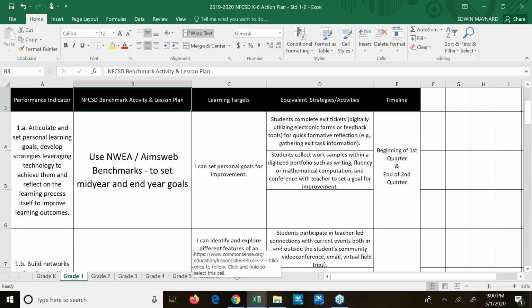If we can get this program up and going for every single person in the district, or at least have 2 or 3 teachers in a building, our kindergarten teachers can all share one license. That's not going to be a problem. We can all share one license, and then they can each log in on their own, run their own lesson, and then boom, they're done. So at least that way it's all set and ready to go.